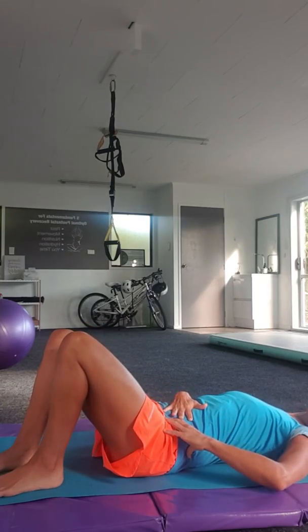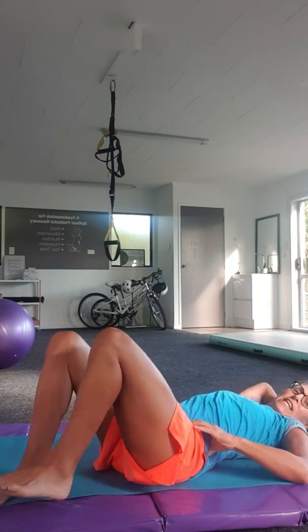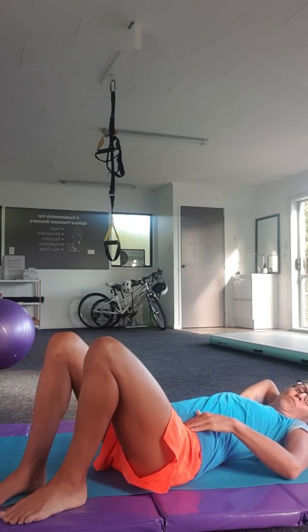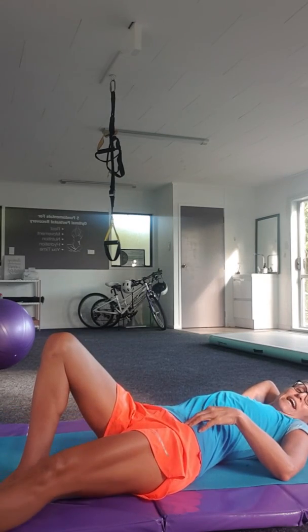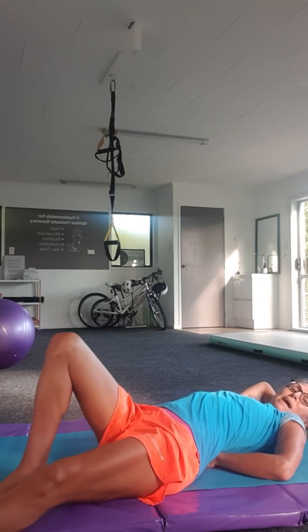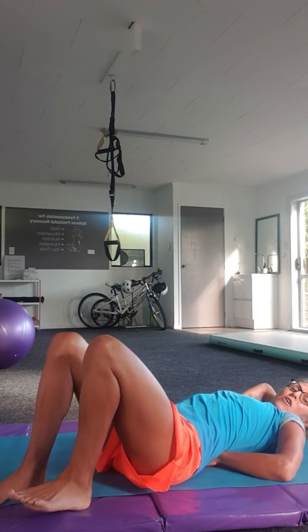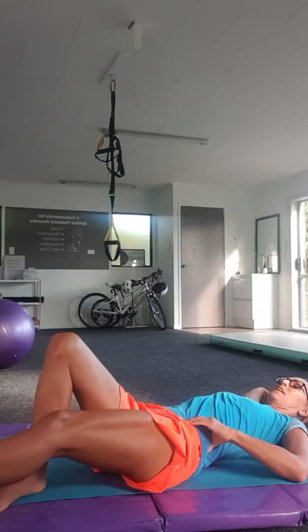So if you've just started with these exercises, you have to get your leg back in probably on the count of 2 seconds, otherwise those transverse are going to be switching off. You don't want to be holding it out here and then switching them off, because that's when your back is going to have to work to get your leg back in. Okay, so you can build up as you go through to a 3-second